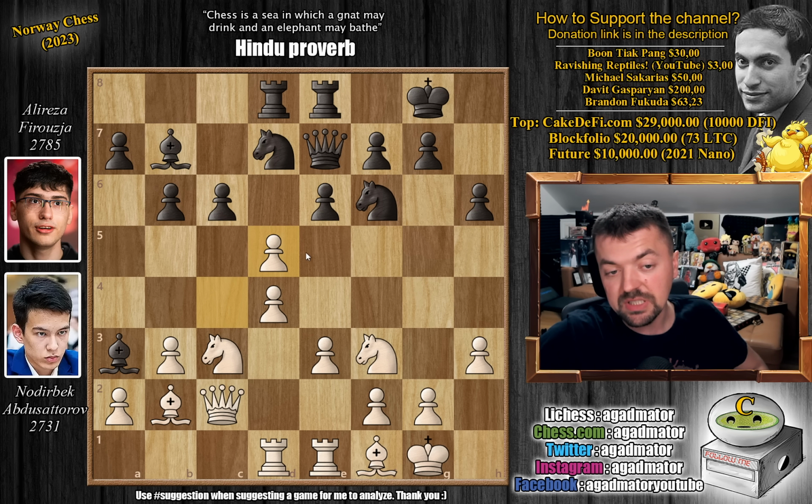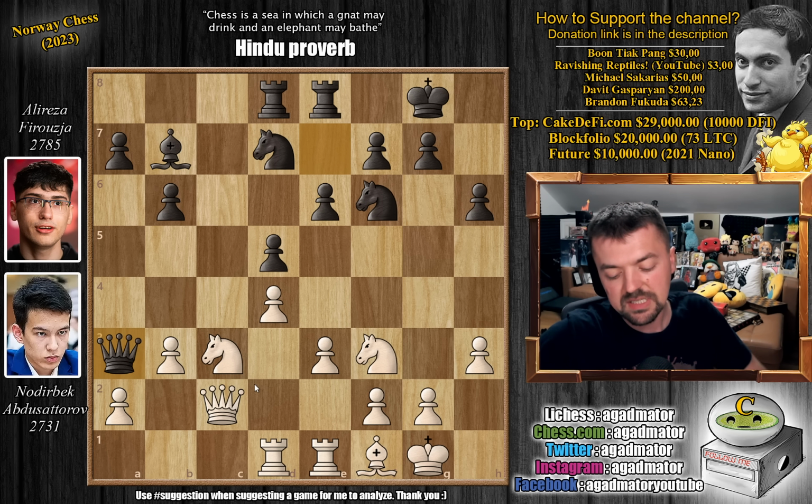Nodirbek replies by capturing in the center once, and now e captures on d5. You have to play e captures, even though you'd like to capture towards the center, because then you give up the b5 square. To give you an example, if c captures, just bishop captures on a3, queen captures on a3,